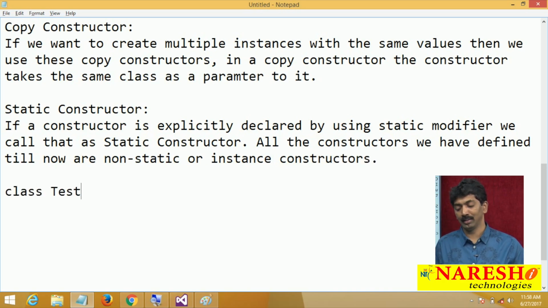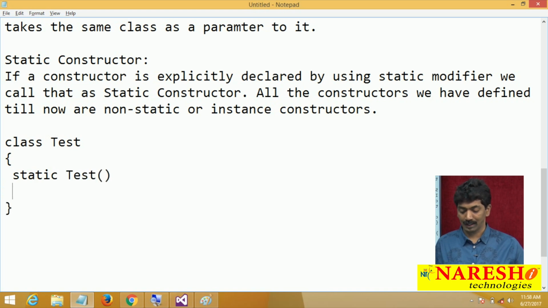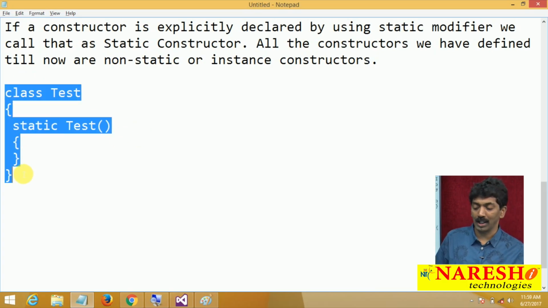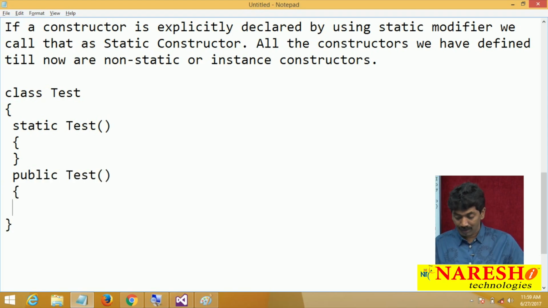See, I have a class here, class Test. In this class, I am going to define a constructor like this, static Test. This is what we call a static constructor. But don't forget, even though you define a constructor like this, after compilation this class is also going to contain an implicit constructor like this.